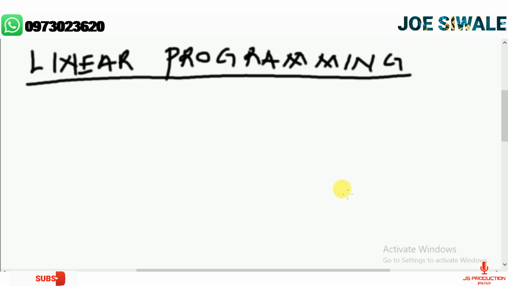So we're going to continue looking at linear programming, and today we're going to look at how you can draw inequalities from a particular situation and how you can draw the graphs of the same situation. So before you actually write your inequalities, it is important to take note of some of the words that are used in different situations. So the word like "at least" is used